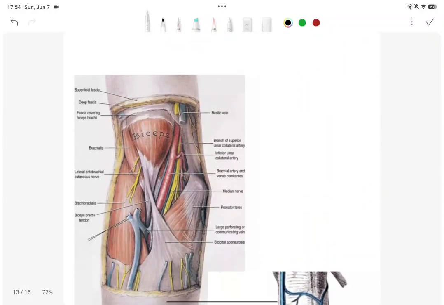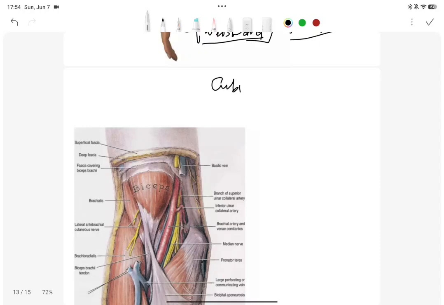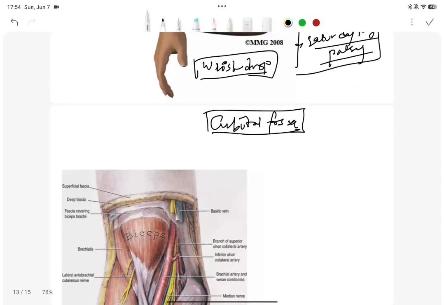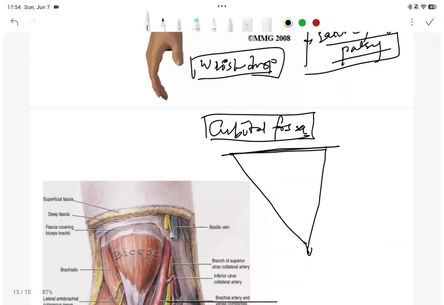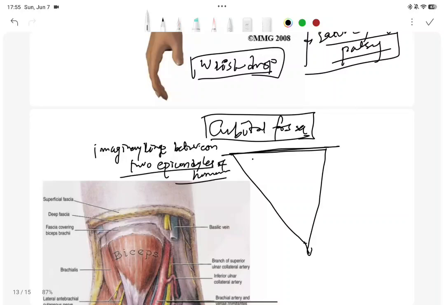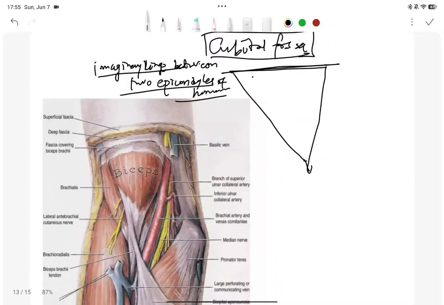Okay, so this is the cubital fossa. Cubital fossa is a depression just superior to the elbow joint. So if we look at its boundary, in the upper side, the cubital fossa is like this. So the base, its upper part, is formed by an imaginary line, this imaginary line between the two epicondyles of the humerus. And on the medial side there is the pronator teres,